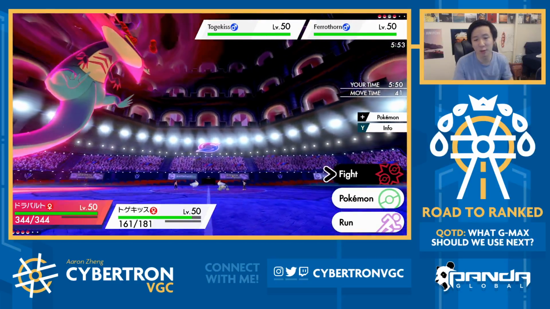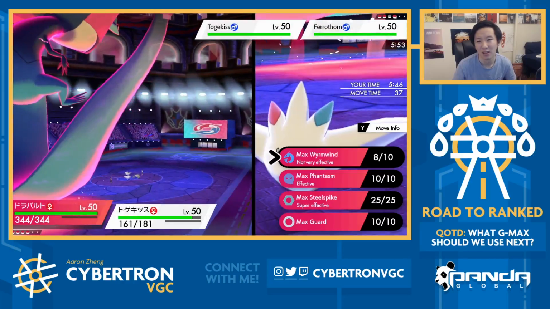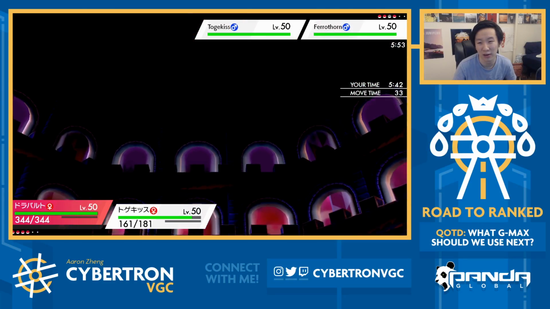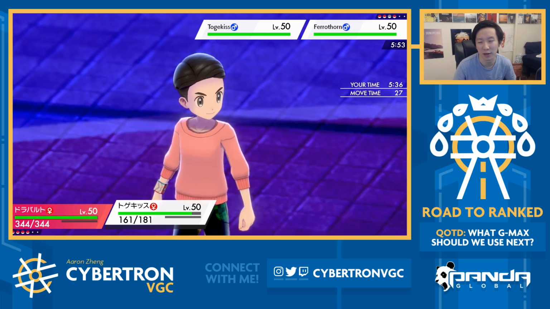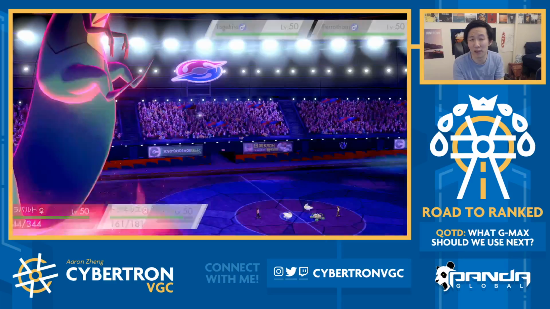It is... Because what you can do is Dynamax and Airstream, and I'm worried about it being Weakness Policy. Like, I'm definitely Steel Spiking here, I think, into it. Phantasm works too, I guess, but I think Steel Spiking is fine. I'm just going to max Steel Spike and Heat Wave here, I think. I could have went for Follow Me, but I don't think I really...